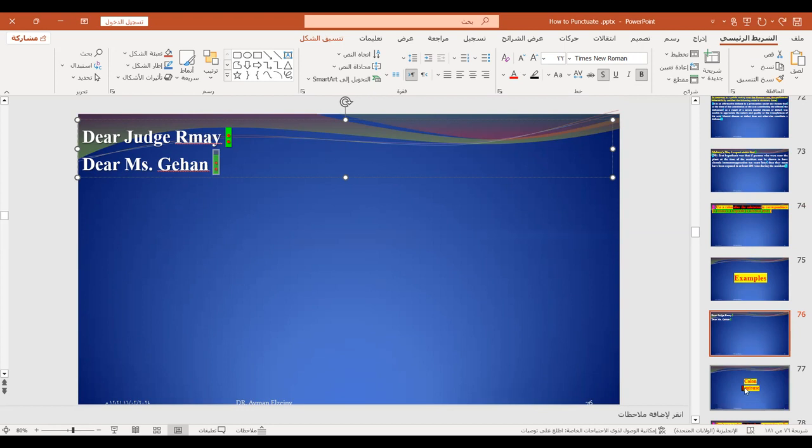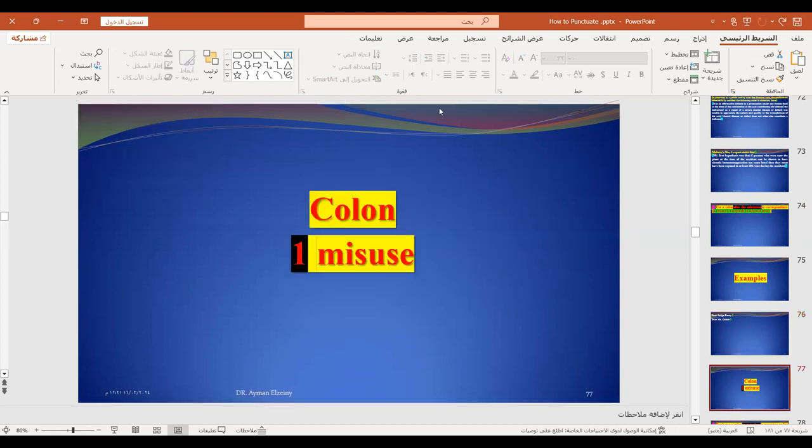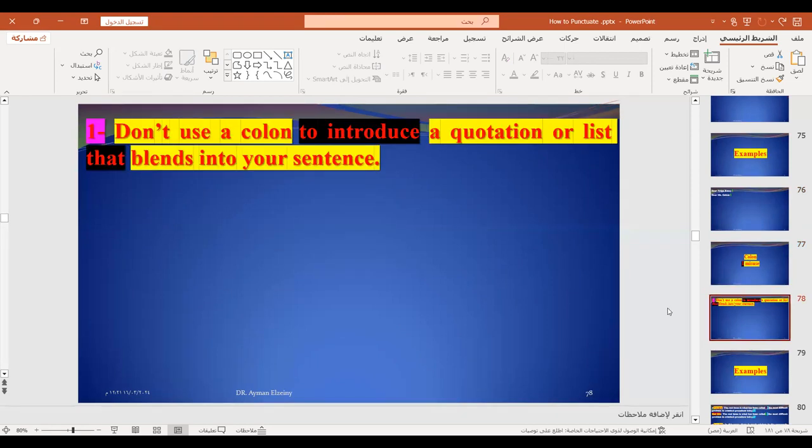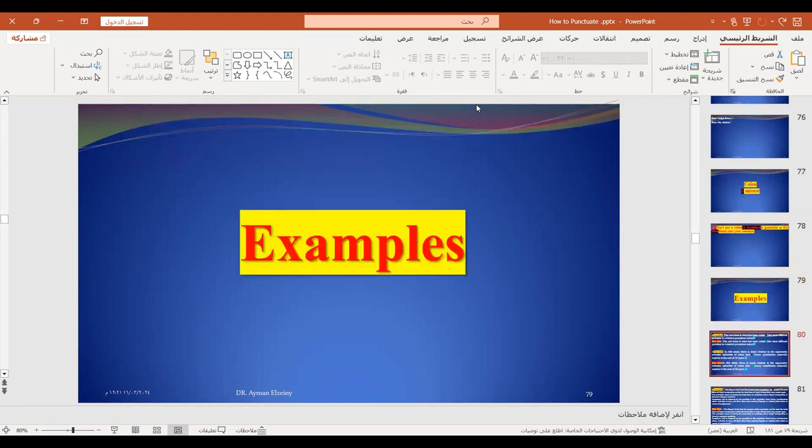What about misuse of colon? The case of misusage of colon. Don't use a colon to introduce a quotation or a list that blends into the sentence. That's the difference between a quotation or list that is separate from the sentence or blends into the sentence. For example,